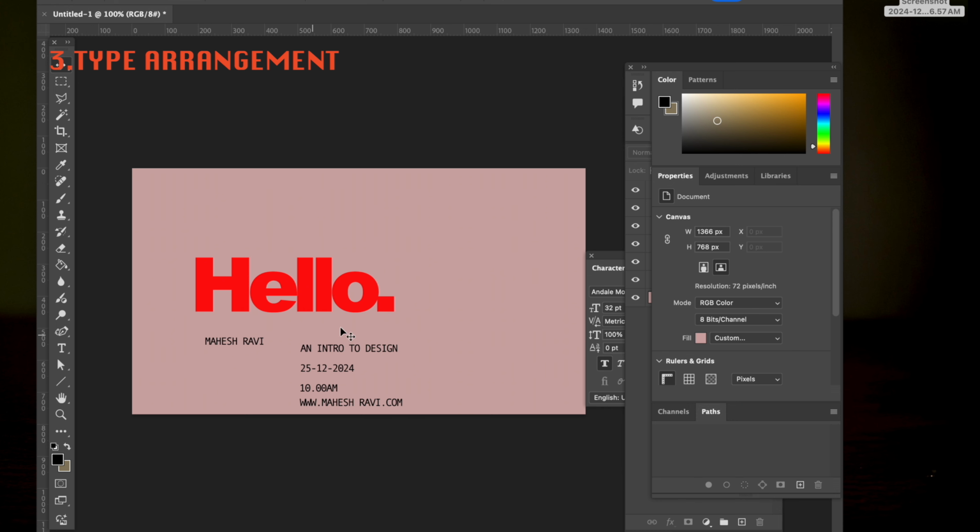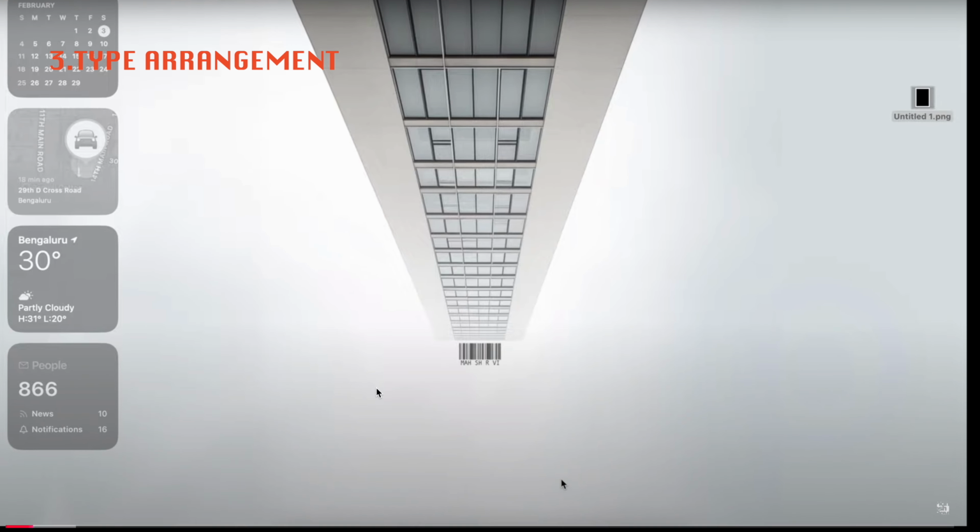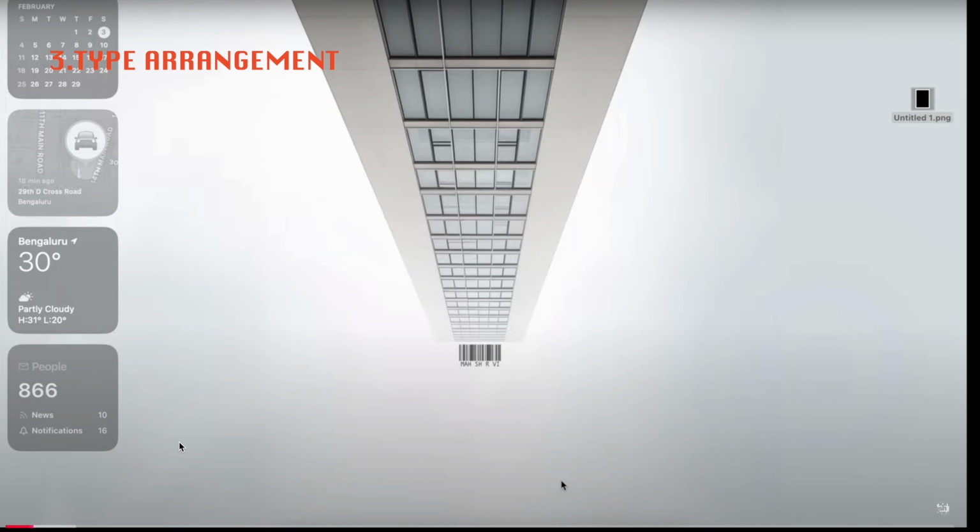So there are different ways of arranging typography. This video basically explains how you can actually arrange supporting text. So I'm using an example here as well. This is the center element,